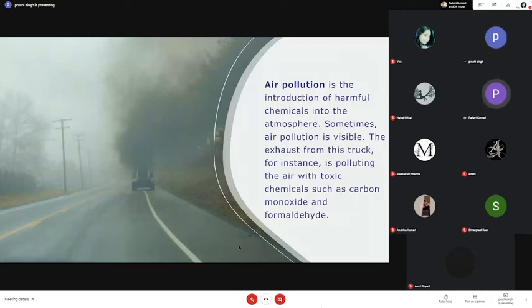As we all know, there's 78% of nitrogen and around 21% of oxygen and 0.03% of carbon dioxide and 0.9% of argon and the rest of the other gases. So this is like smog and everything, if we want to include pollution, but if we talk in terms of what the air is composed of, then yes, this is it. Very good, Pallavi.